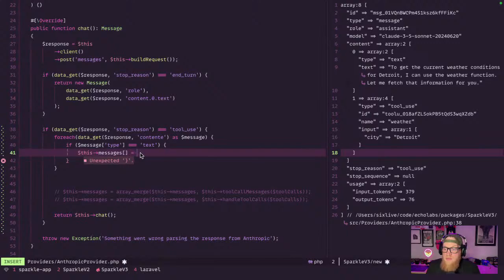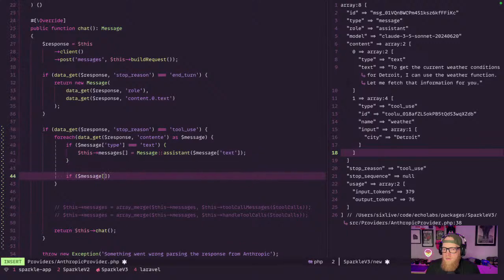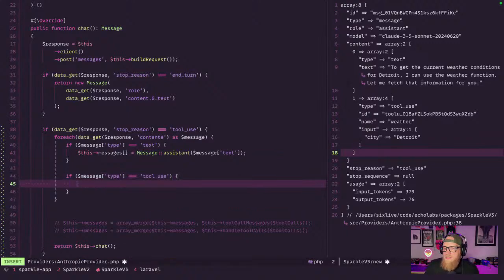So anyhow, we've got to push this message to the message array, and this will be an assistant message. All right. Now we can handle our tool calls. So let's take a look at what